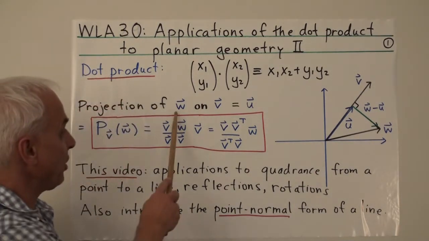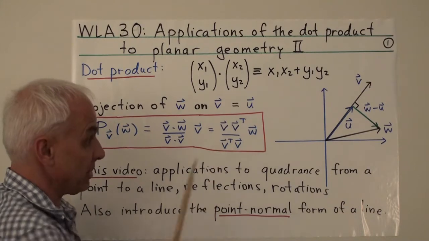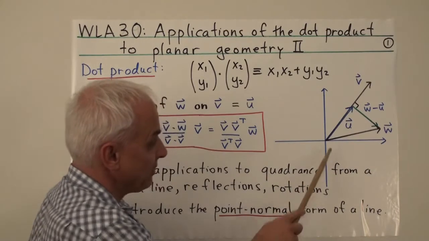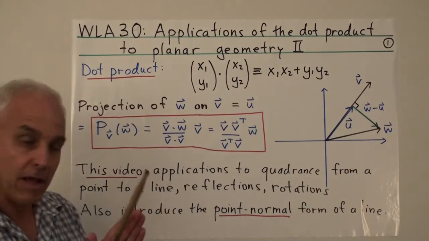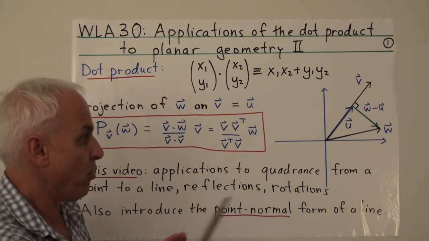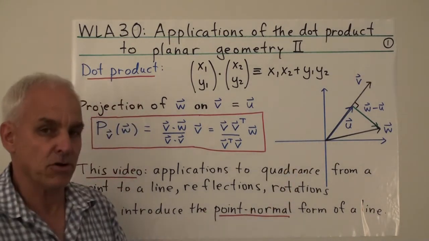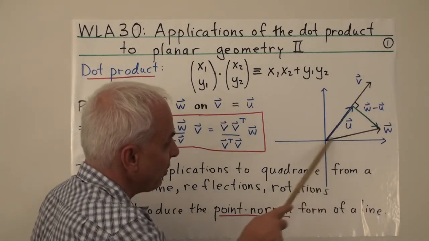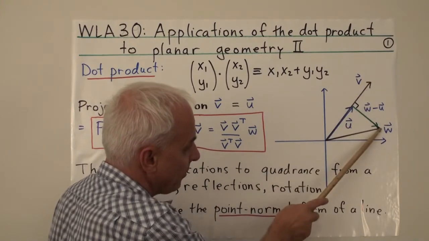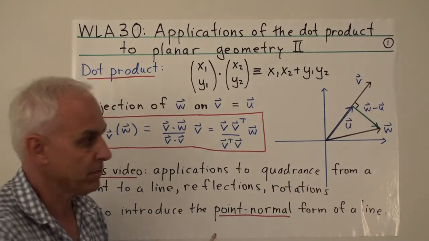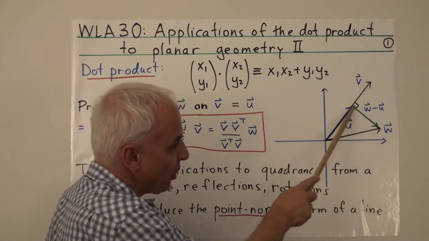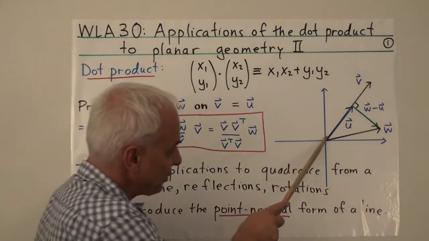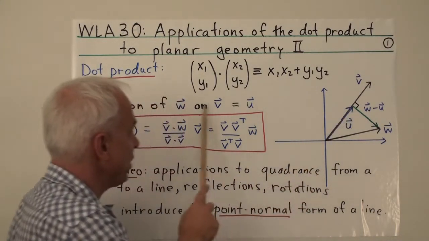So the projection of w on v, let's call that u, is in this diagram here. Here's the vector v, and here's the vector w. And notice that they're positioned so that they're starting from the same point. So they're both in standard position, starting at the origin in this case. Now we're interested in projecting w onto v. That means we're going to project it perpendicularly. You can think about trying to find the closest point on v to the tip of w. And that's the vector u here. All right? So there's the vector u, which is the projection of w on v.